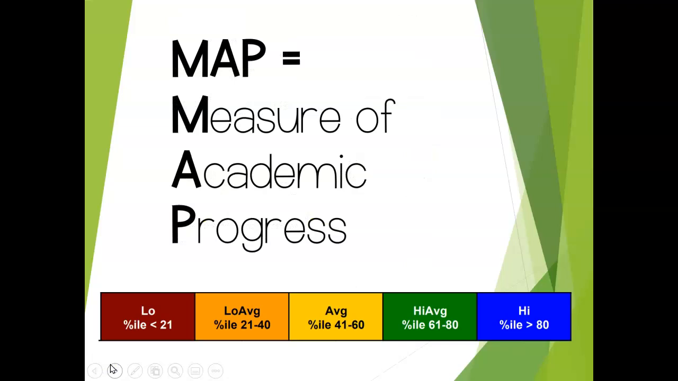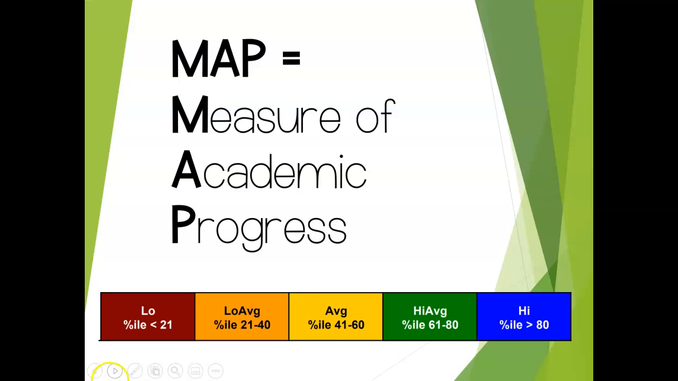So MAP actually stands for the Measure of Academic Progress, and we typically take this benchmark assessment 3 times per year to track student progress in reading and in math. Now that scale that's here at the bottom, you won't see this on the report that comes home, but I just thought it would be helpful for you to see so you can keep it in mind